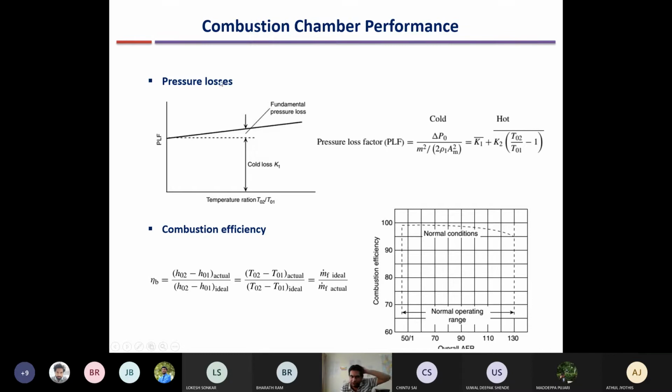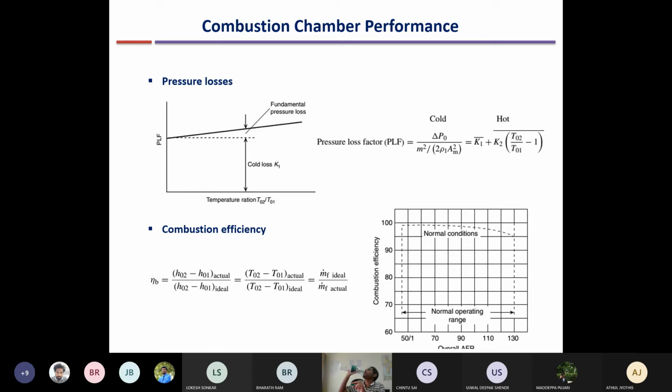Okay, so this is an important parameter. This pressure loss is an important parameter to measure combustion chamber performance. We want the pressure loss to be as low as possible, but within the given constraint that the flame should be sustained. So that is the constraint, and it needs to be optimized. So now the second important parameter,